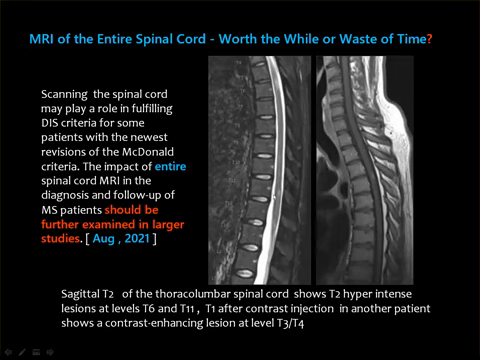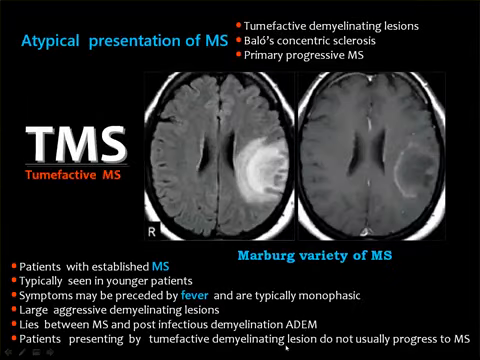This debate is still going on, and some literature say that you should include the spinal cord as a whole, the cervical and dorsal, and others say no. And there's also another debate about injection of contrast material. Some are positive and some are negative with this particular issue. Then we have atypical presentations of MS, including the tumefactive demyelinating disease, the Baló's concentric sclerosis, and the primary progressive